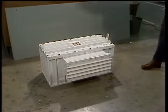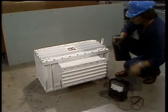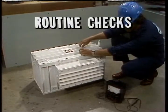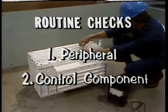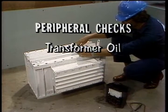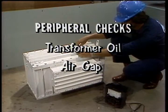In order to ensure continuous, proper operation of the brake control system, several routine checks should be made. The checks are in 2 categories: peripheral checks and control component checks. The peripheral checks include the transformer oil in the control box, the brake air gap, and a check of the